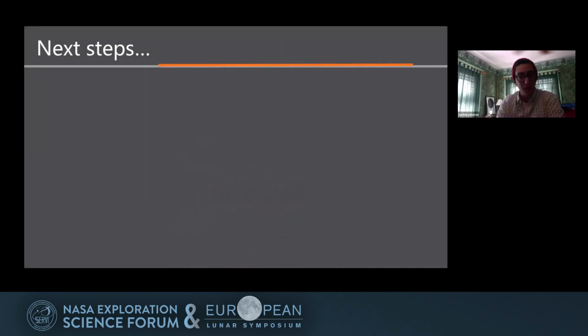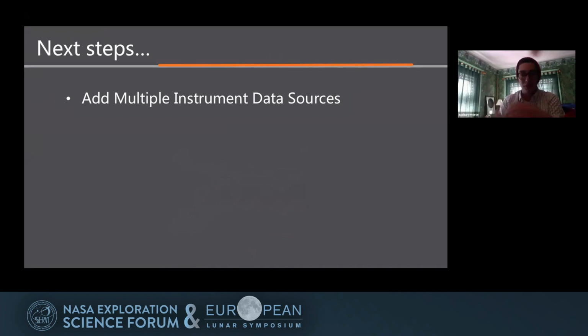So next steps with this, obviously, we next want to integrate data from multiple instrument sources. This was just a first step, but you can imagine a full field deployment with multiple instruments going. You could have that all linked, and so different teams can view and understand different sources of data all right at the outcrop face. Hopefully, moving on to, right now we use just a static image target, but in the future we'll be able to take 3D scans of the outcrops and then link the data to a 3D model, which will help with some of the jittering or stuttering you may have seen. That was also partly due to trying to record this at the same time as using the app,